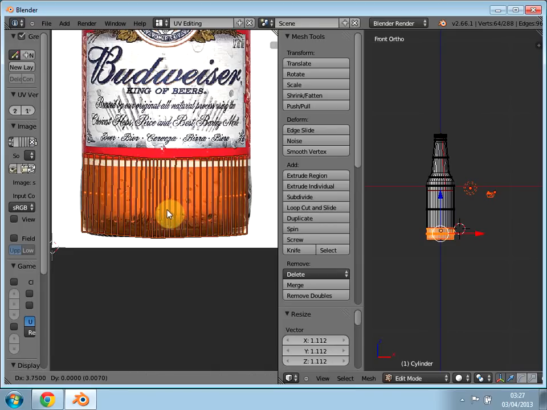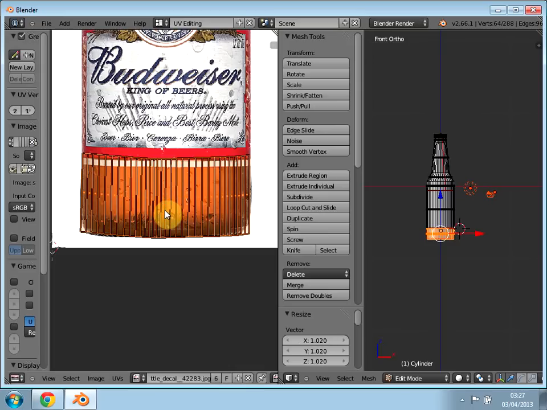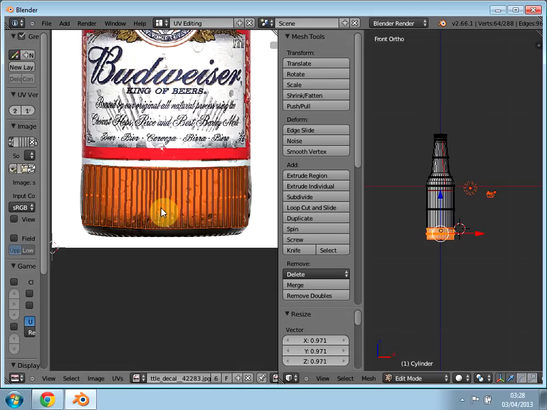G, bring it in, and then S, and you can scale it on the y-axis. So you press S, Y, and you bring it in to about there. Now you can just grab it and scale it in, because we don't want to grab any of these Y sections. Once that's done,